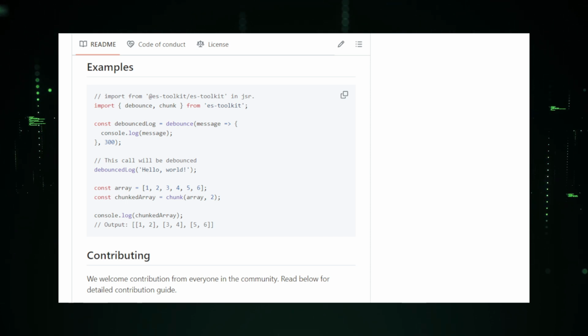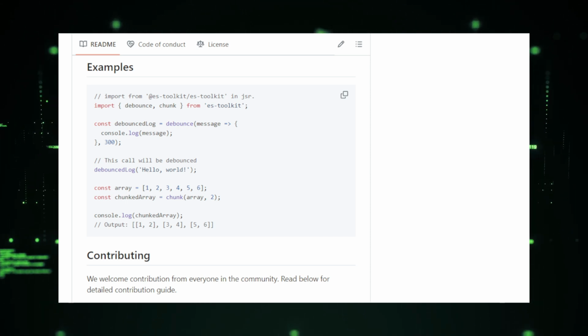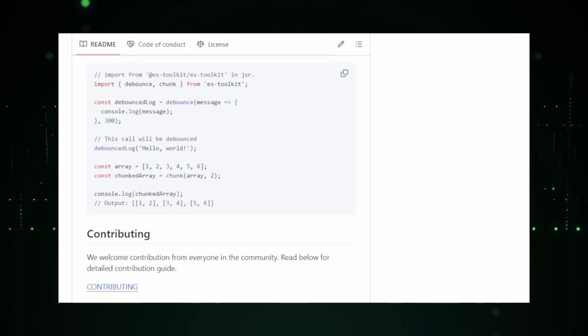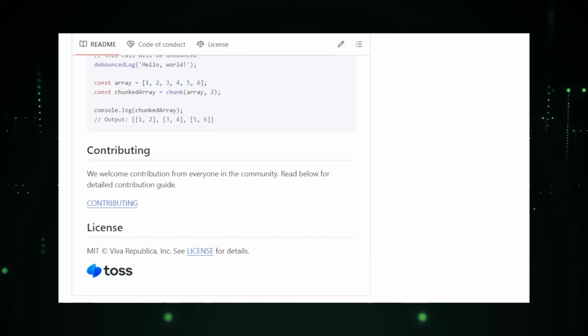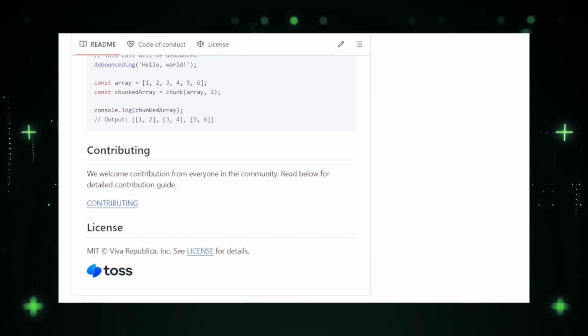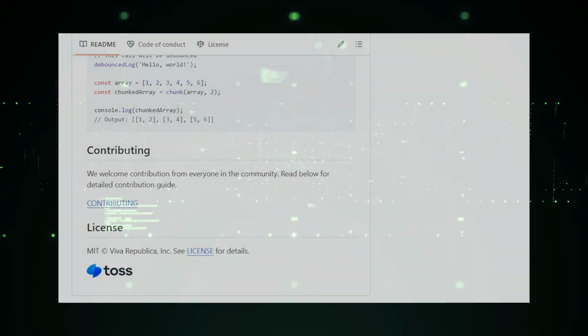In summary, ES-Toolkit is a powerful, modern JavaScript utility library that offers significant performance and size advantages over traditional libraries like Lodash. If you're looking to optimize your JavaScript code and make your applications faster and more efficient, ES-Toolkit is